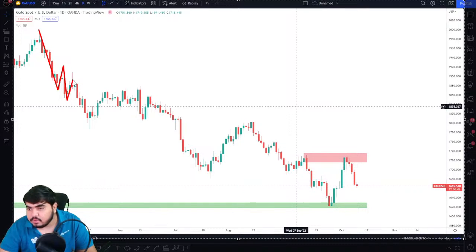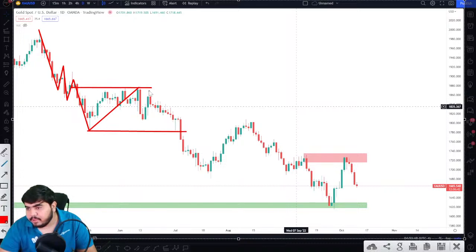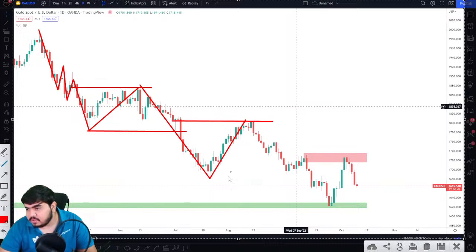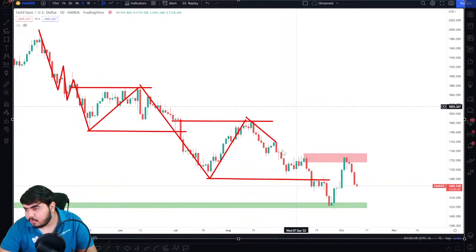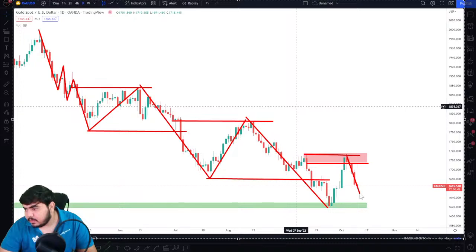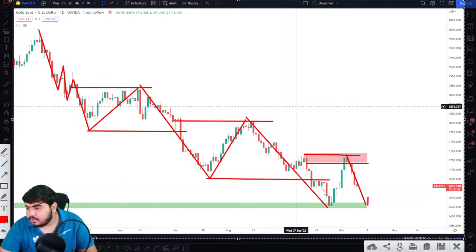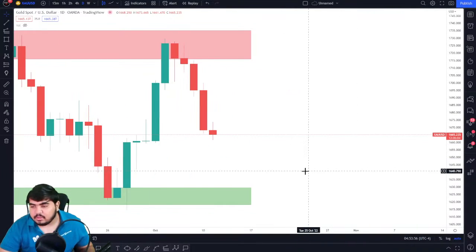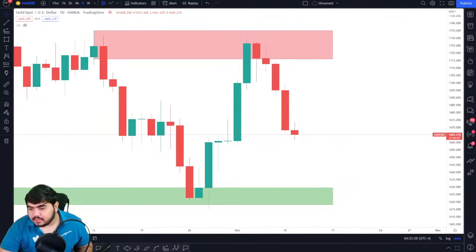So we have this low, high, lower low, we have this high, test of supply zone, break of structure to the downside. We have this lower high, test of this supply zone, and the market broke below this area. This is the internal structural area, the market is pushing lower, and now there is this support area right here on the bottom. If I zoom in right here and mark this key level,